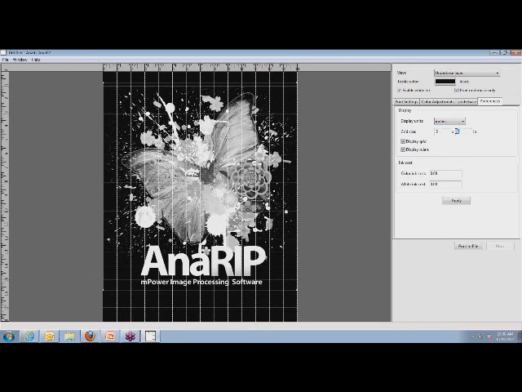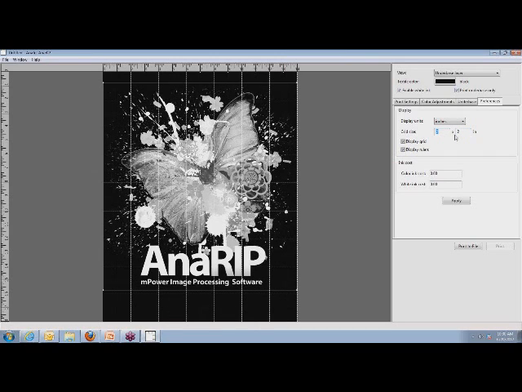Now below that is something that a lot of you have been asking us about, and that's the ink cost calculator. So what you need to do to figure out the cost of your graphic is first obviously bring in a graphic and adjust all of your settings. So I'm going to go back to the settings that I had this set before,